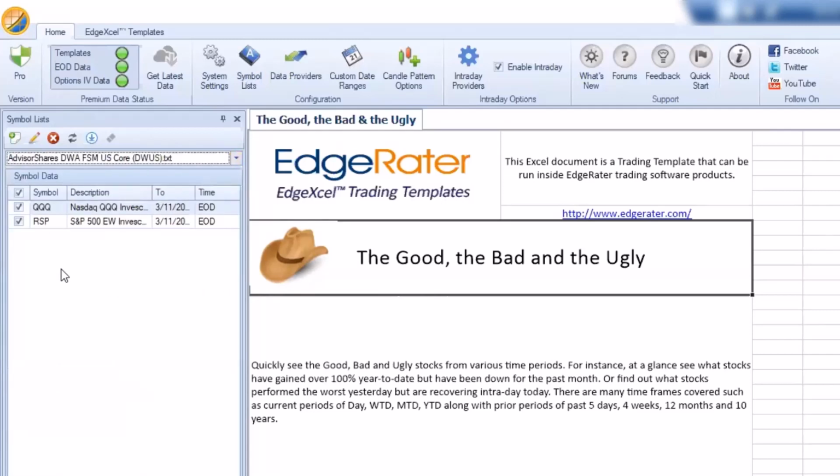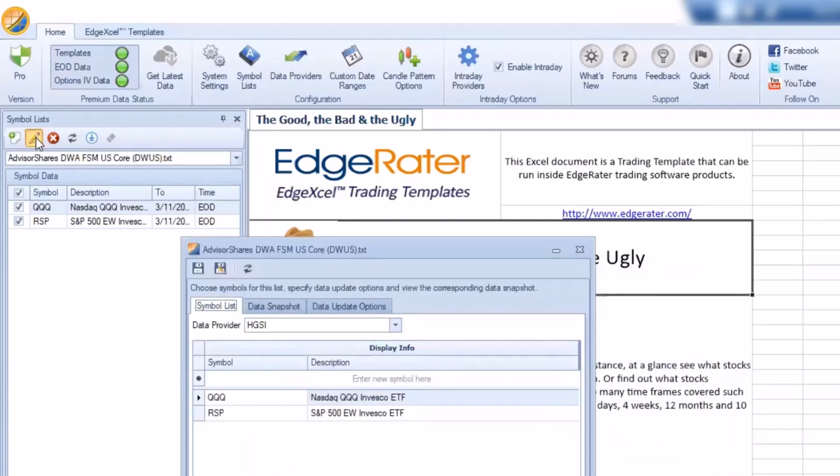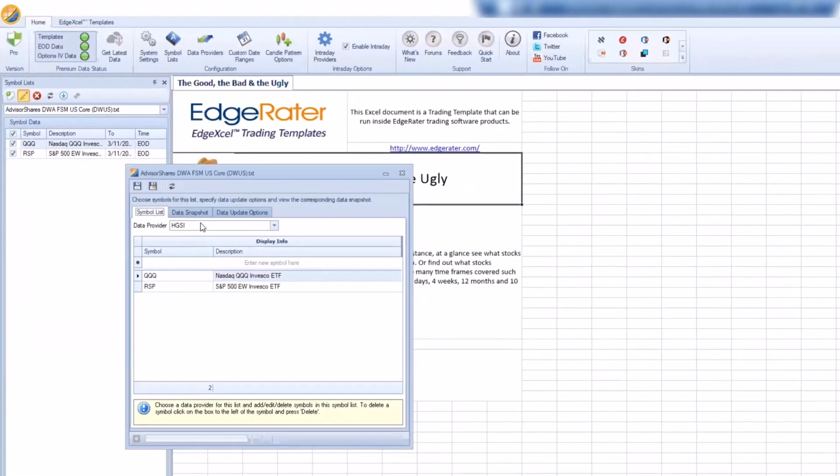And once you've got your own list in there, you can basically press the button here to open up the edit list, and you can choose the data provider for that list. The idea is that the list is just a list of symbols, and the data provider is where it's going to fetch data from when you update the data. So in this case, this list is connected to HGSI,